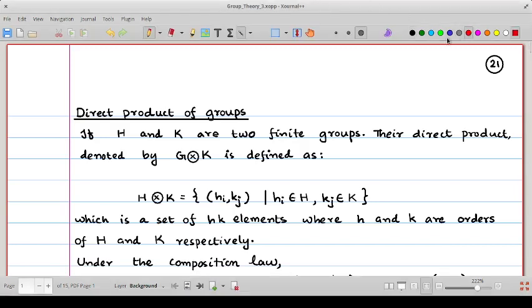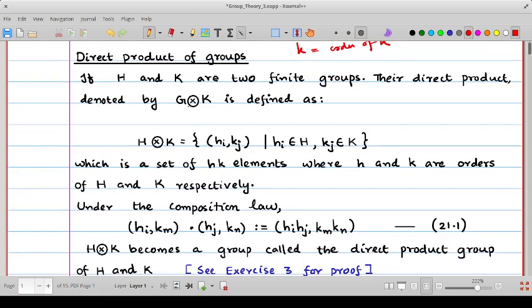Direct product of groups. Let H and K be two finite groups with orders small h and small k. So h is equal to the order of H and small k is equal to the order of group K. Then their direct product, which is denoted by H cross K, is defined as the set